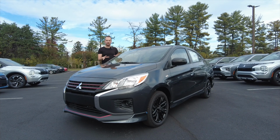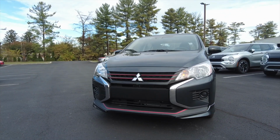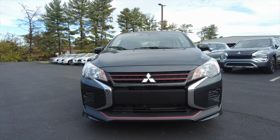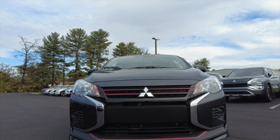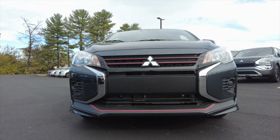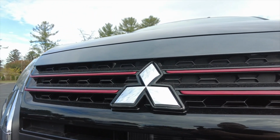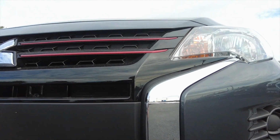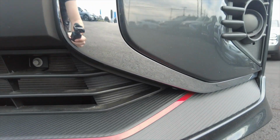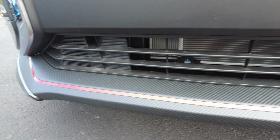Let's hop into the exterior here of the 2024 Mirage G4. Okay, starting up front, I say this every time I review a Mirage ever since they redesigned these in 2021: I really enjoy the front of this car. It's nothing extremely sporty, but it's much more aesthetically pleasing than it used to be. On this specific Black Edition trim, you do have the red striping here in the grille, kind of like a razor type of look as well. Some chrome plastic pieces here, and some fake carbon fiber inserts down here beneath the top part of